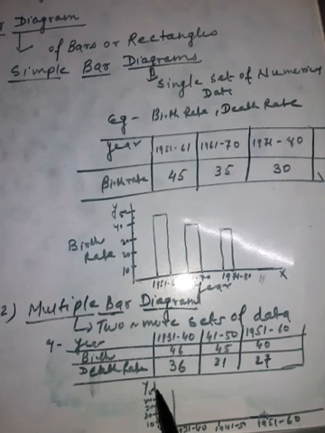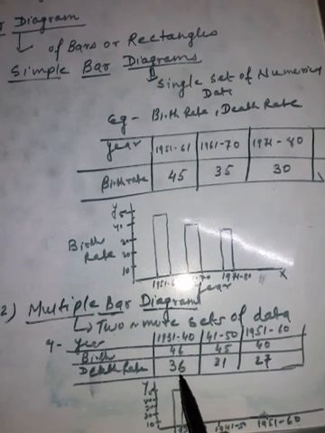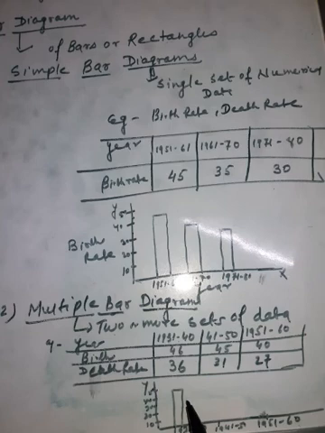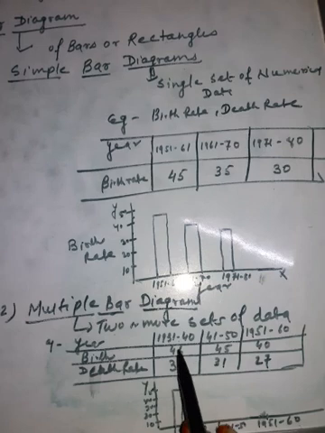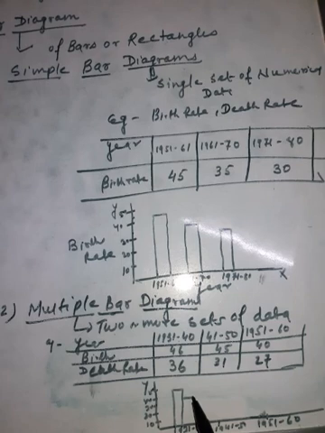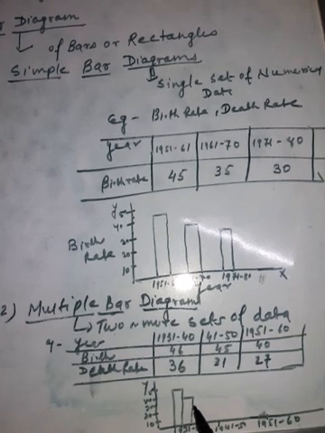Here 46, between 40 and 50. And here the death rate is 36. Same, we will draw a bar which will be attached to this bar, because it is the birth rate and death rate of the same year. Now that is 40, then 36. To differentiate, we should use some different technique, like coloring the death rate, so that it is easy to differentiate which one is the birth rate and which one is the death rate.